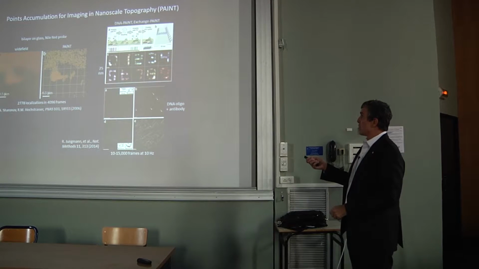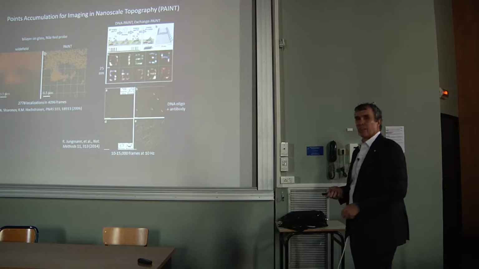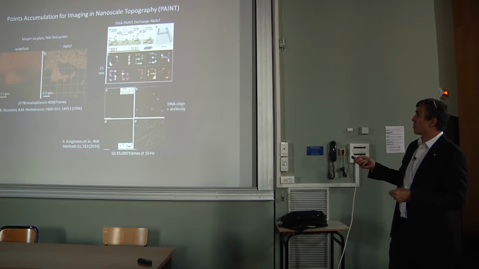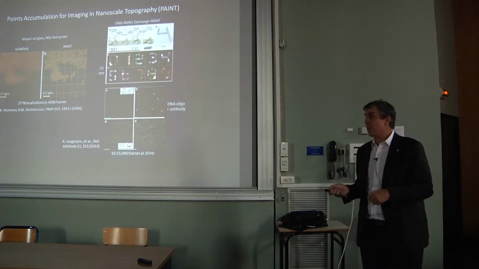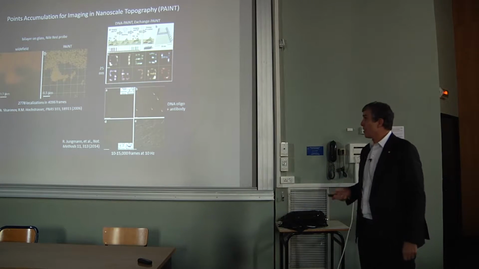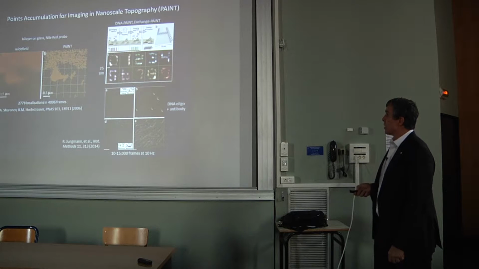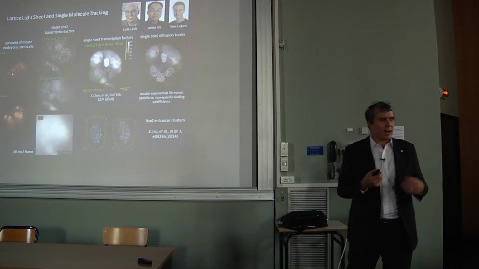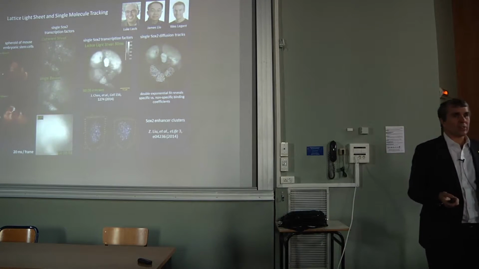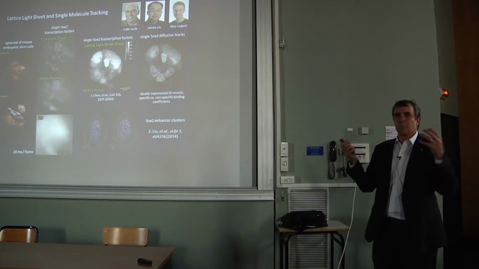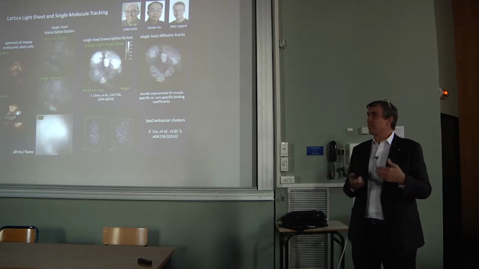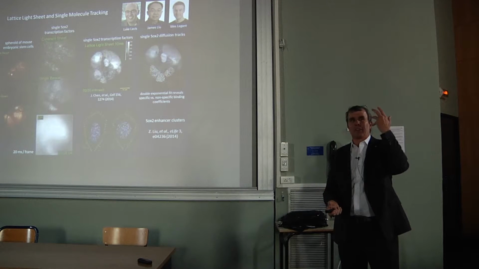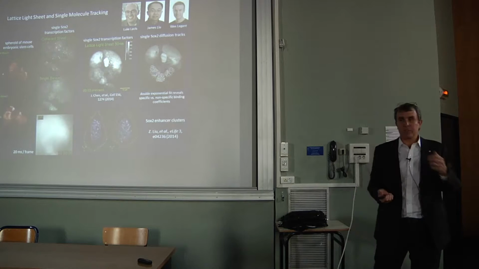That's been used to great effect to look at, for example, DNA origami structures with DNA oligos that transiently bind to complementary pairs within these origami structures. But it's difficult to do this normally in high density in whole cells. The problem is that the media itself is fluorescent, and it creates so much background that you can't see single molecules on top of all of the other out-of-focus molecules that are also glowing.